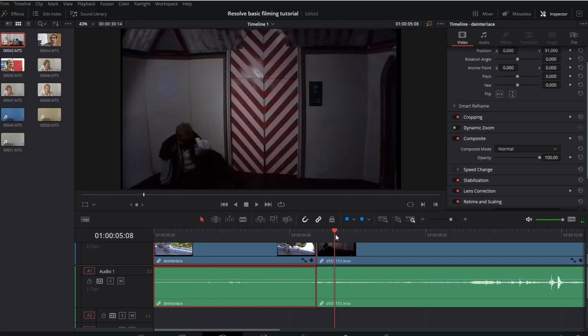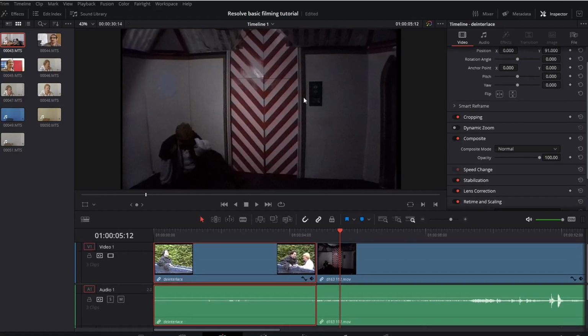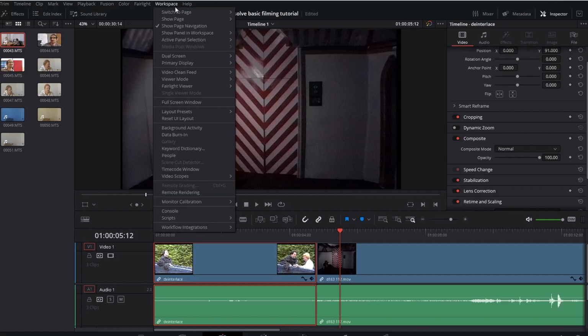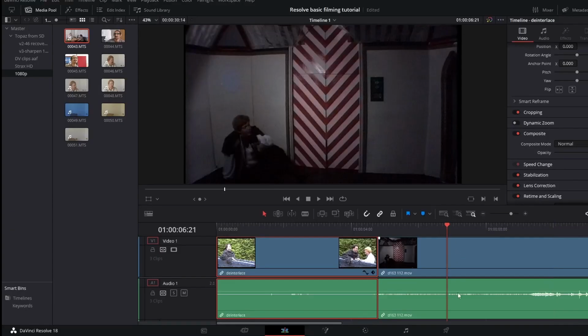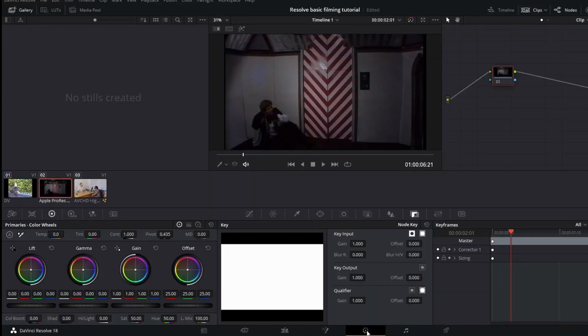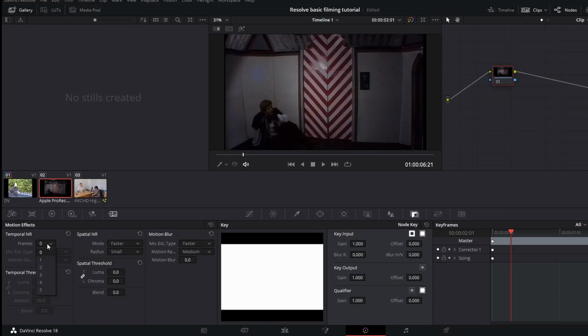Another very useful thing, which is again part of the color page, is noise reduction. So if you look at this particular clip, again, just pop that full screen, it's very noisy. Again, this is an old Hi8 clip filmed in the dark and it's very noisy and I need to clean it up. Well, pop into the color page, go over to this little tab here and turn on temporal